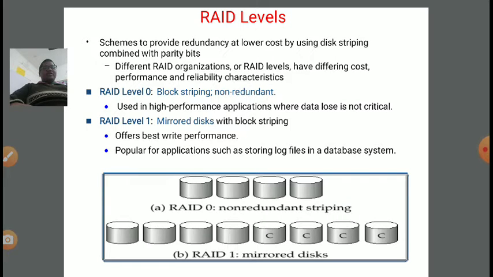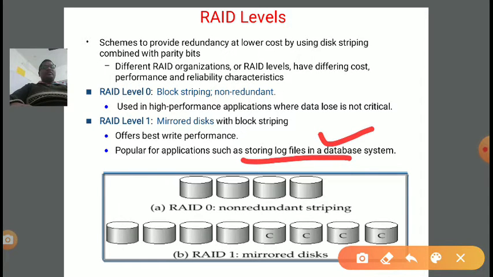It has the feature of mirrored disks with block striping, right? It offers the best write performance. It is popular for applications such as storing log files in a database system. So if we want to store the log files, then we should go for RAID level 1. And if we want a high performance application where data loss is not critical, then RAID level 0 is advisable,